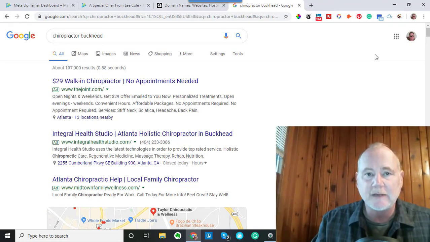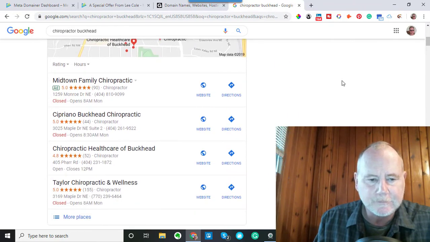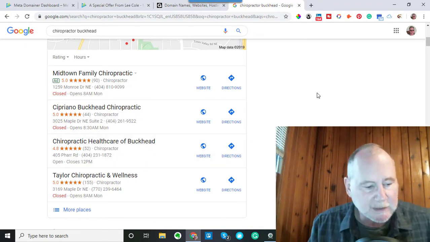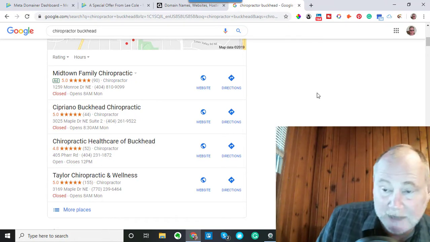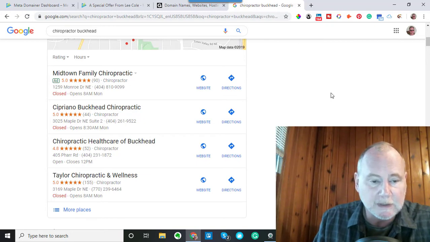It's larger than a neighborhood, smaller than a small city. And it's a pretty high-end part of Atlanta, so they're going to have a lot of chiropractors. Now, if I had a client who was a chiropractor in Buckhead, I have actually clients who are chiropractors in other parts of town, but not currently one in Buckhead, which is why I'm using Buckhead. But,